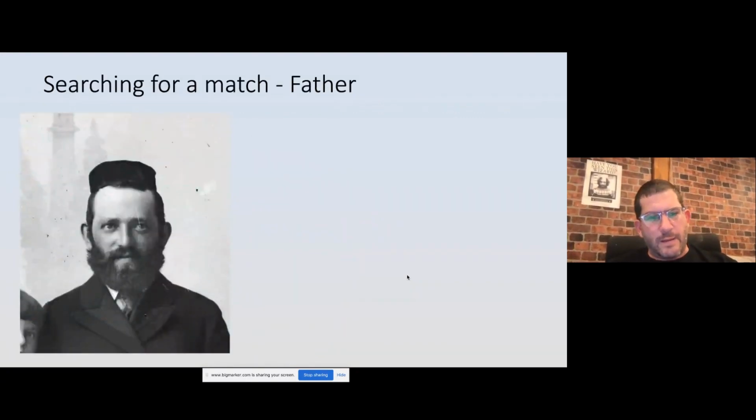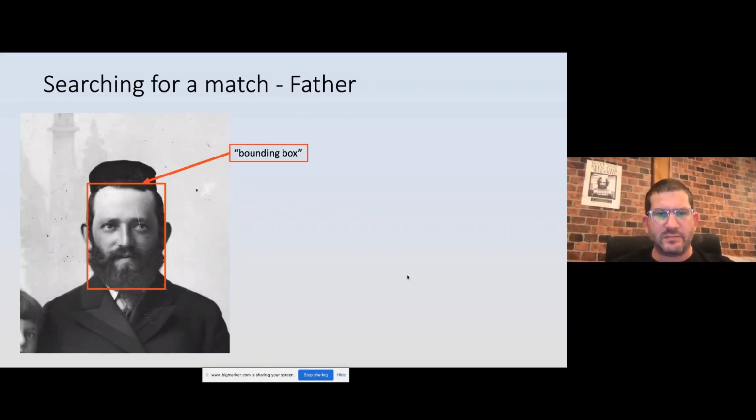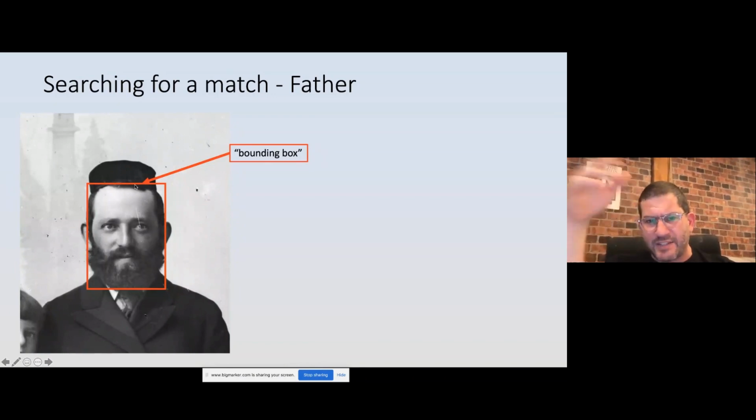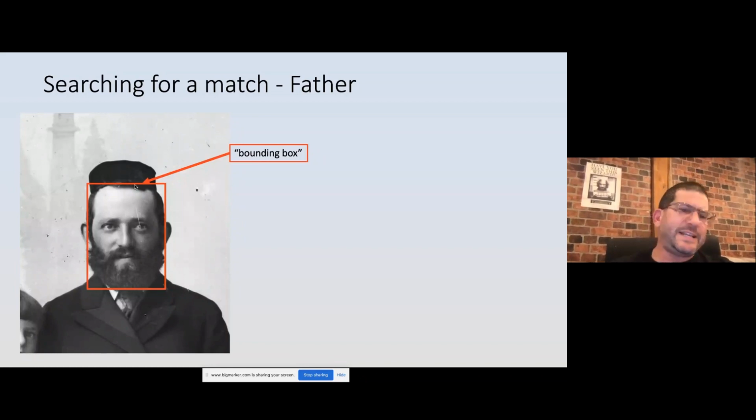So I started playing around with this, and this was the picture I started with. If you look at the father here and you send it to AWS, the first thing that it does is create what's called a bounding box. It identifies the bounds, left, right, top, and bottom, of the face itself. How does it do it? In the handout section, I have the PDF of the article I wrote on Avutenu, but the basic idea is